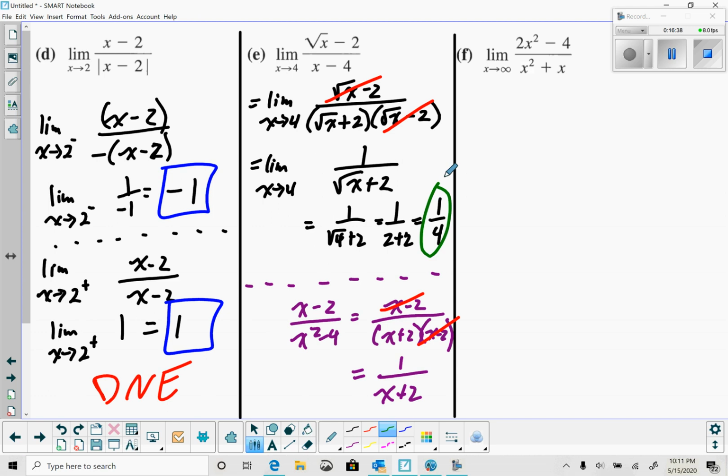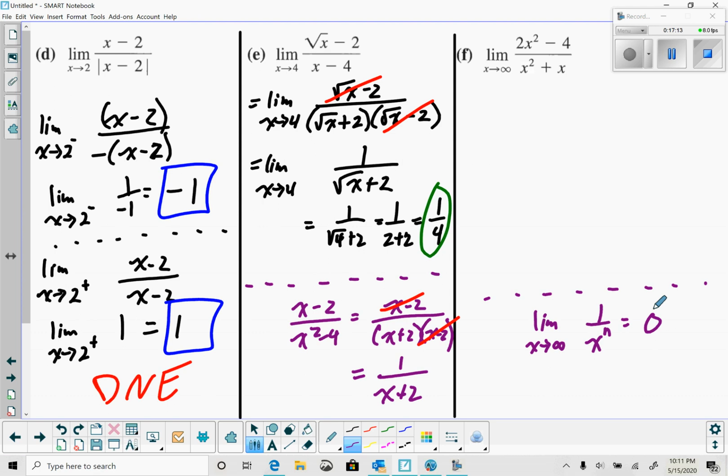And then for part F, oh, notice things have changed here. It's not the limit as x approaches 2 or as x approaches 4. This is now one of our infinite limits. And what did we talk about before? The fact that, again, for comparison, the limit as x approaches infinity of 1 over x, or actually 1 over x to any power n,